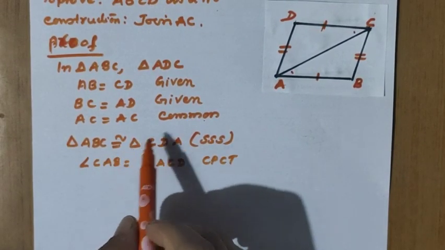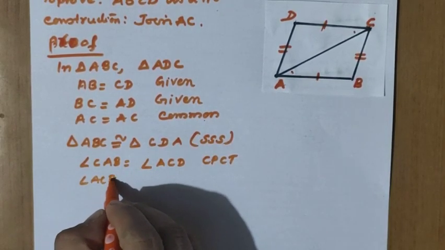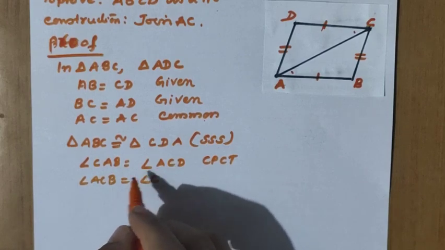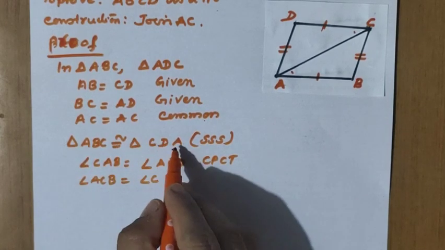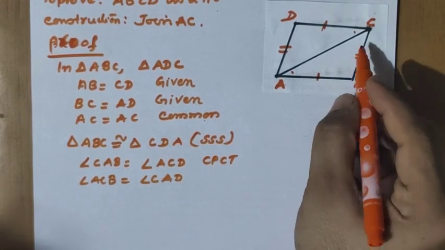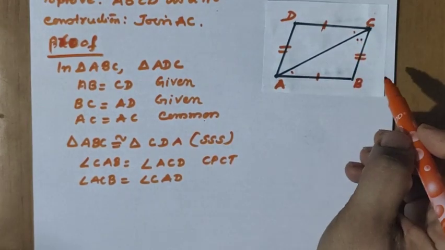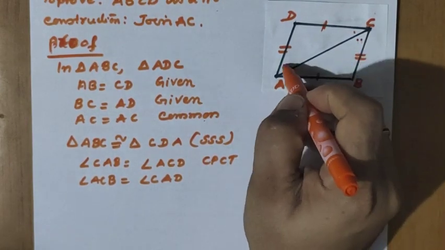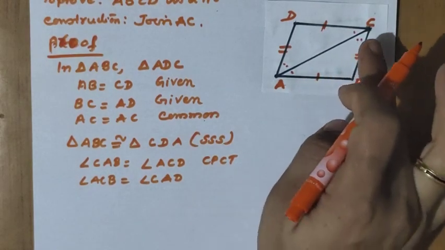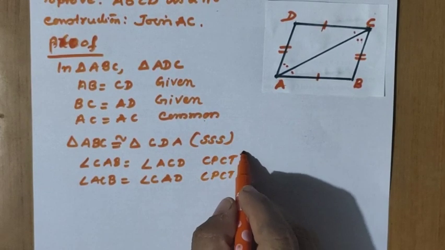Now similarly I can use the same way, angle ACB equal to angle CAD. Now see the figure. ACB means this angle, I mark, and similarly CAD. Okay, so actually we cannot mark, this is the result only, it is not given in the figure. So for your understanding I have written these two CPCT.